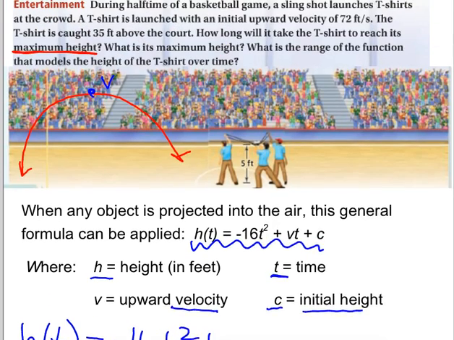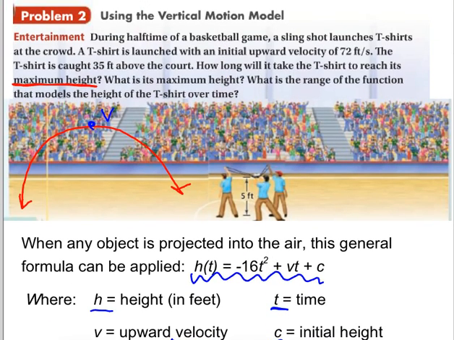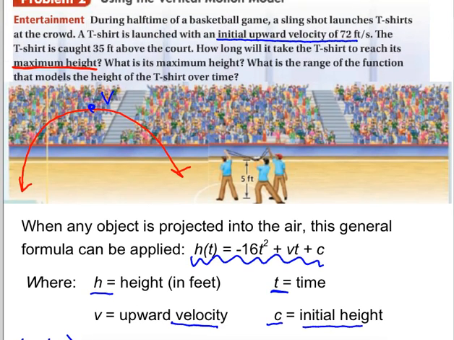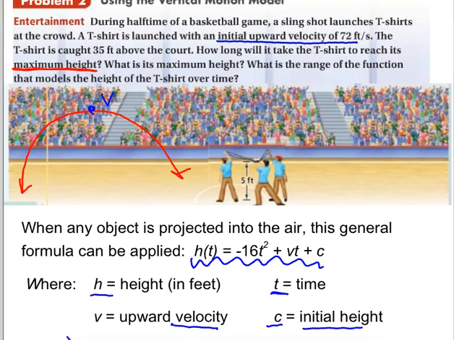Let's go back up to our question here. They told us the t-shirt is launched with an initial velocity of 72 feet per second. So plus 72 feet per second plus, how high did we start? Does it tell us? Well, no, but if we look at our picture here, folks,